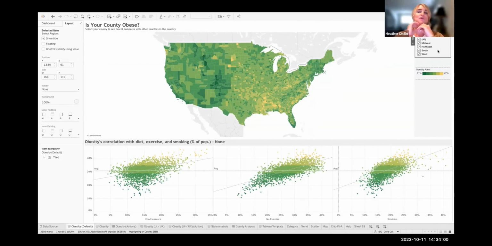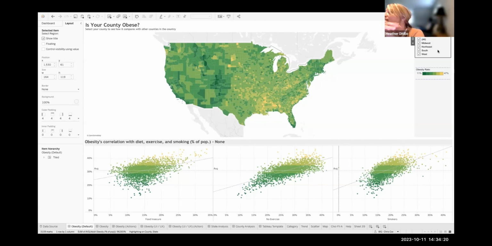But why would this filter not be so helpful right now? Let's look at the question that's here. Is your county obese? Can you tell from this filter if your county's obese? Let me ask it that way. If you can tell which county is most obese, or which region even is most obese, let me know.